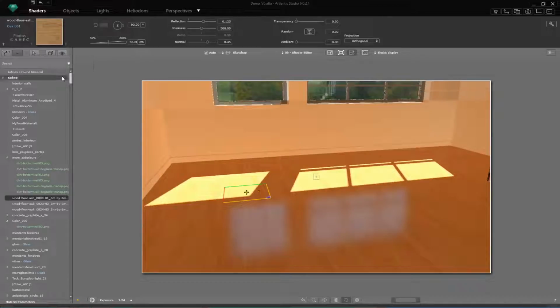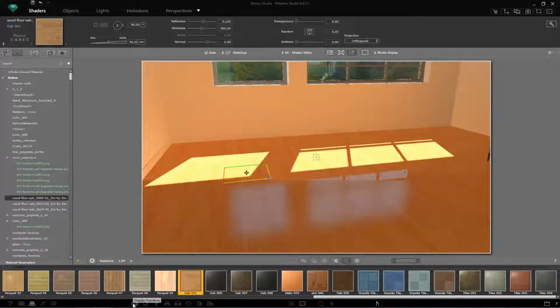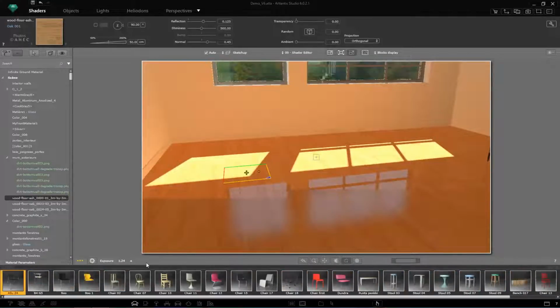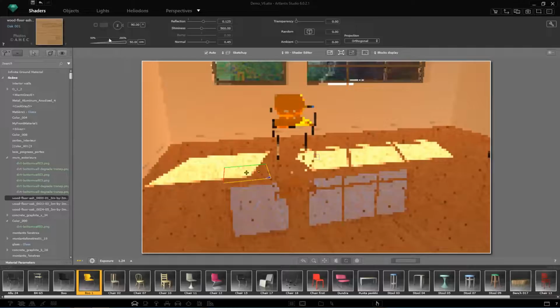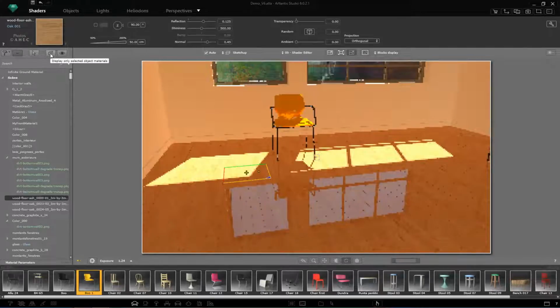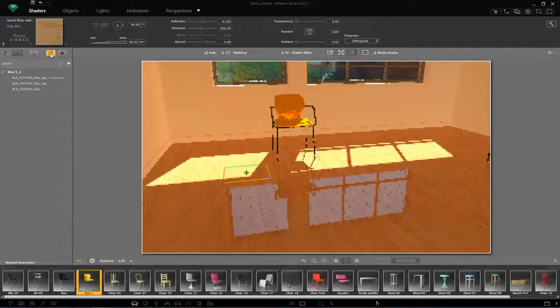To understand the cube icon, first I'll need to add an object instance to my scene. I'll have to search my catalog, find this chair, and drag and drop it into the room. Now, if we filter the content of the drawer with the cube icon, we'll find only those materials that belong to this instance or any other object instance which would be visible in the preview.